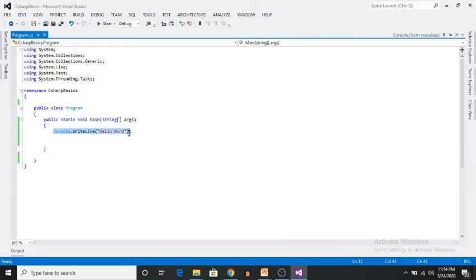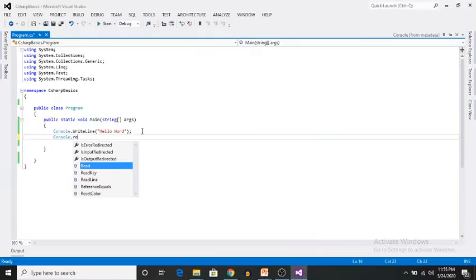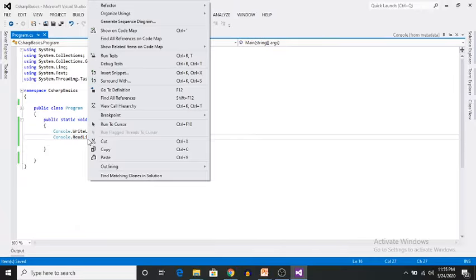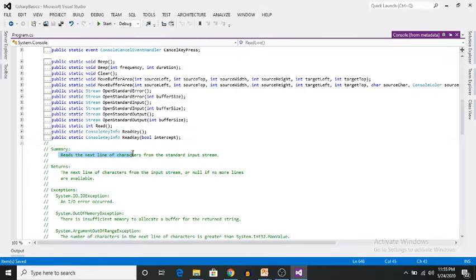Meaning the duty of Console.WriteLine is just to display. If you want to hold the output as it is, we need to read a line using the ReadLine method of the Console class. See, Console.ReadLine, what does it do? When I click on Go to Definition, it reads the next line of characters from the standard input stream.